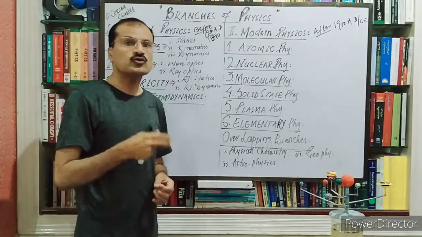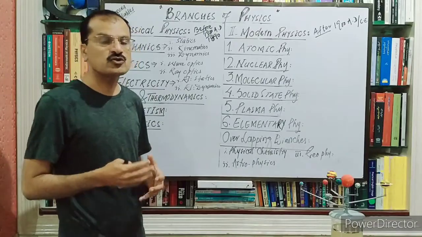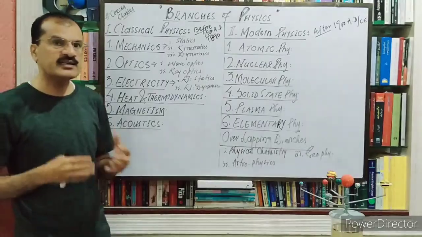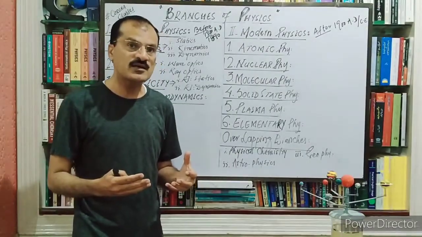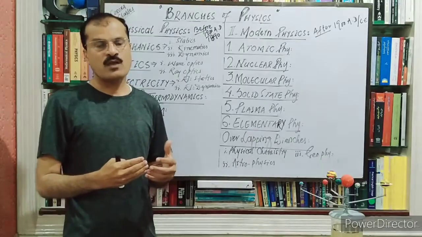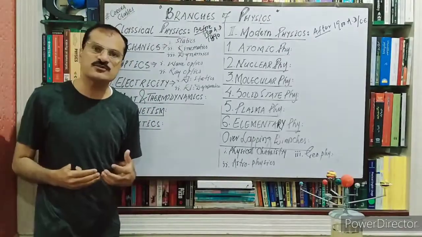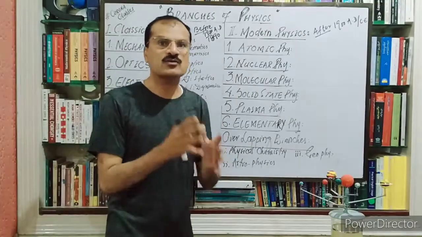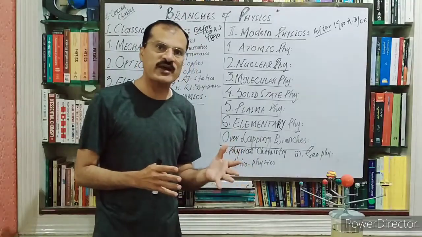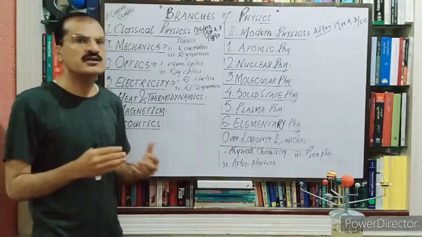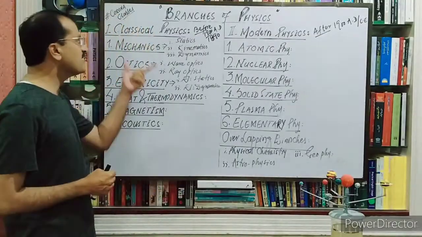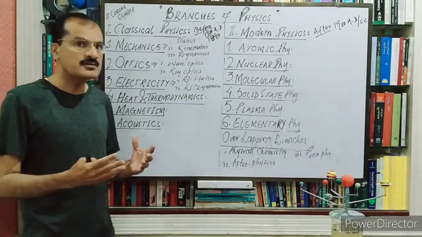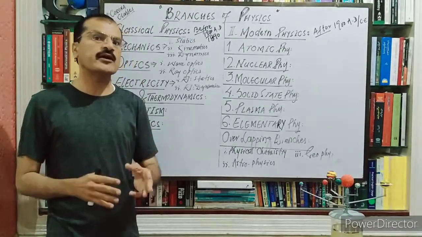You know that the word mechanics is related to motion, so we can say mechanics is the branch of classical physics which deals with the study of the motion of particles under the action of force. Or we can say in this branch we study the cause and effects of forces. Cause is the force and motion is its effect. Whenever we study the cause and effects of forces and motion, that is known as mechanics. Mechanics developed a lot, therefore it is subdivided into three parts.